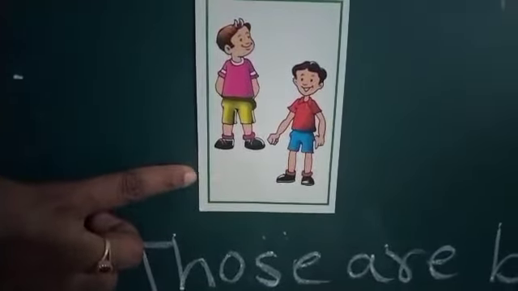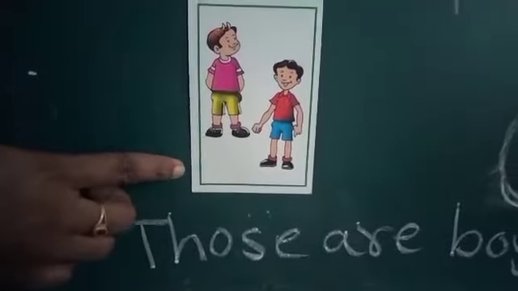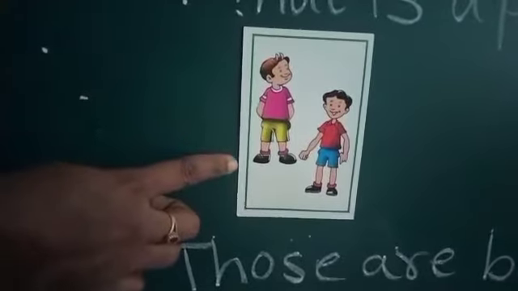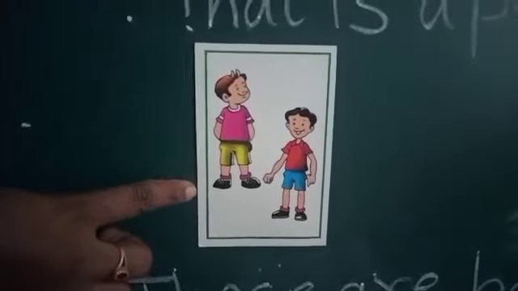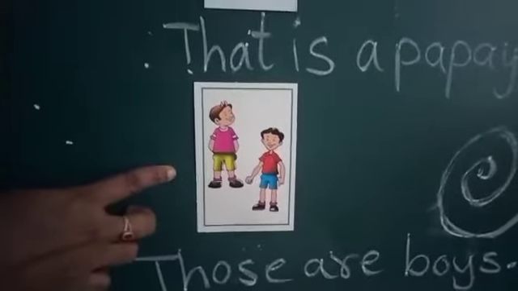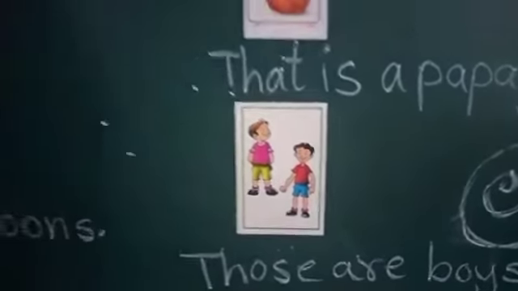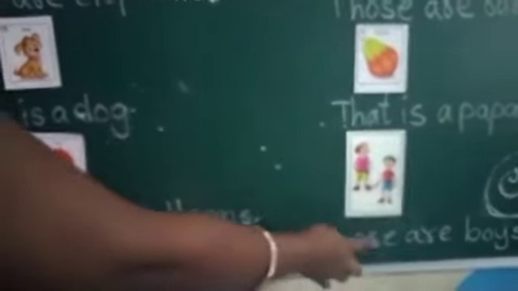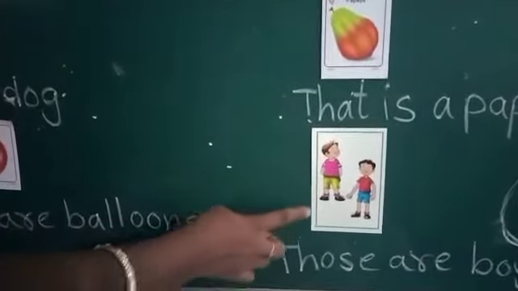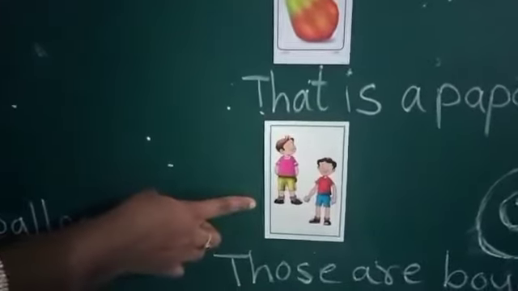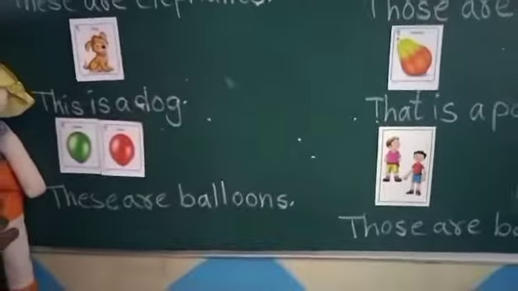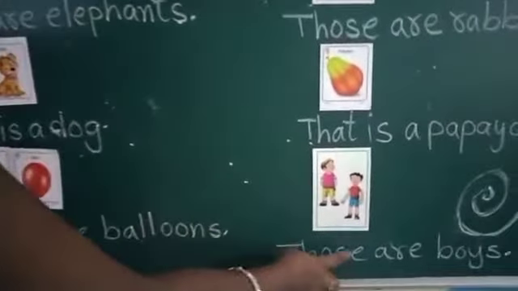Boys. Yes, ma'am. About these boys, Dolly is telling. Here, how many members are there here? Only one member or more than one? More than one. Is it children? Two boys are there now. So, what is Dolly telling? Dolly is telling, those are boys. Why did she use "those"? Here, more than one member is there, and that is also far to Dolly. So, Dolly used "those are boys."